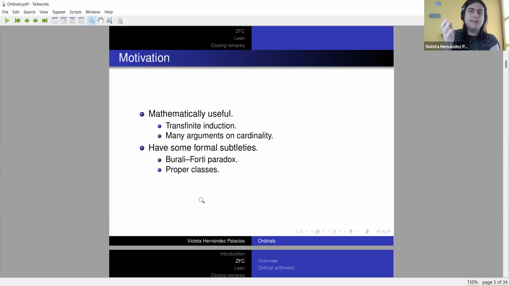They're kind of a stress test for formal theorem provers, because they have some formal subtleties that even in a set theoretic course that's usually supposed to be extremely formal, they're usually kind of glossed over or ignored, so to say. You kind of pretend that they aren't there. Particularly, there's the Burali-Forti paradox, which, as we'll see in a moment, implies that there's no such thing as the